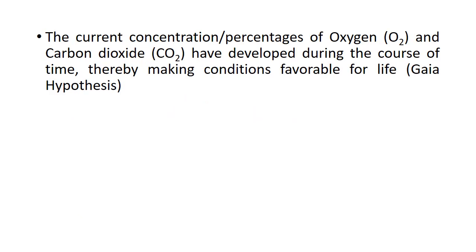The current concentration and percentage of oxygen and carbon dioxide have developed during the course of time, thereby making conditions favorable for life through evolutionary history. It has been mentioned by the Gaia hypothesis that over most of the geological time, at least since the beginning of the Cambrian period, which was almost 600 million to 1 billion years ago,